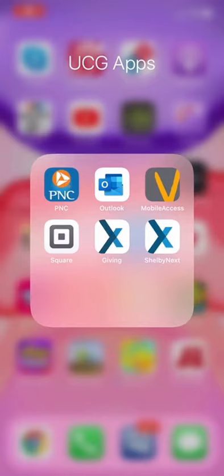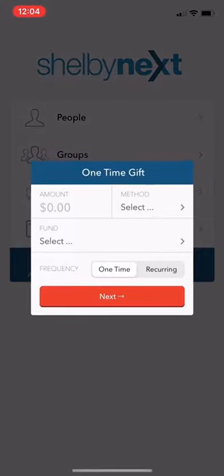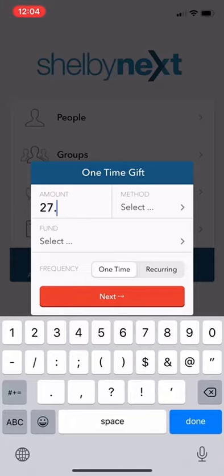Hi, I'm Catherine Cake, UCG Church Accountant, and today I'm going to show you how easy it is to give with the ShelbyNext app. Open the app, choose the Give button, enter the amount, select the payment method you would